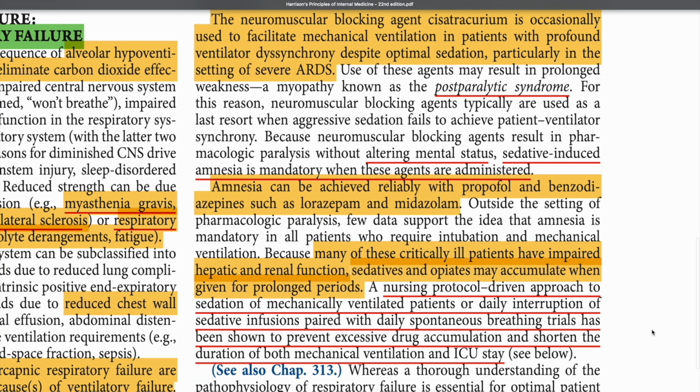So what I was telling was, these lot of drugs get accumulated during the mechanical ventilation period. The main thing to reduce this is reducing the period of mechanical ventilation. We have to try to wean and extubate the patient. There are a lot of criteria to extubate, but what Harrison tells is